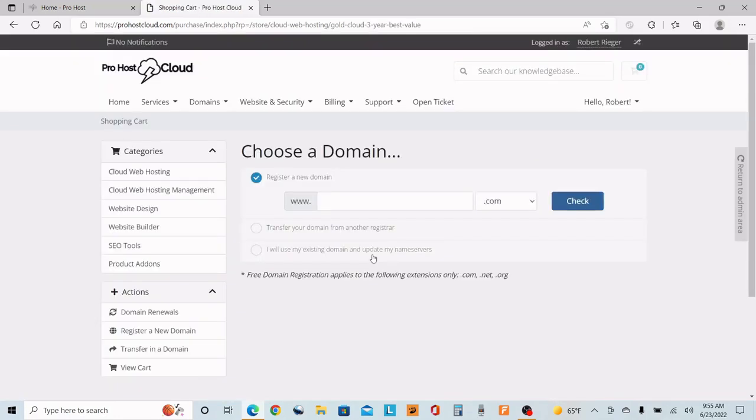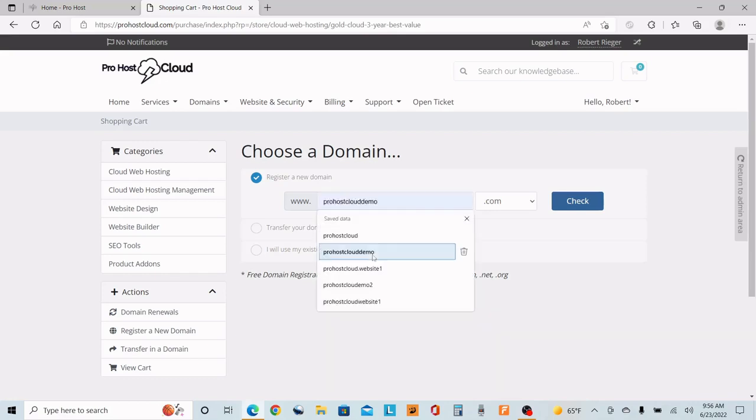Once we're in there, we have to pick a domain name, and I highly recommend that you really research this before you come here and try to put it in, because you don't want the domain name to be too long. If it's too long, people aren't going to remember it to find your website. So anyways, we are going to do